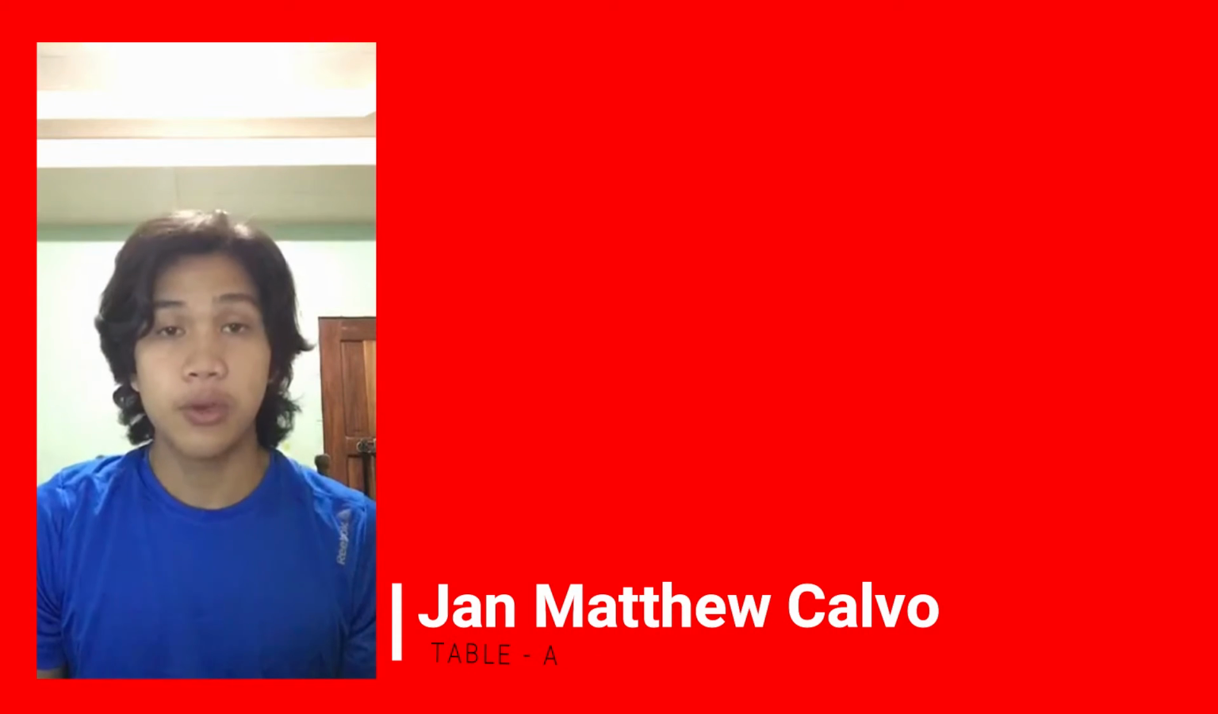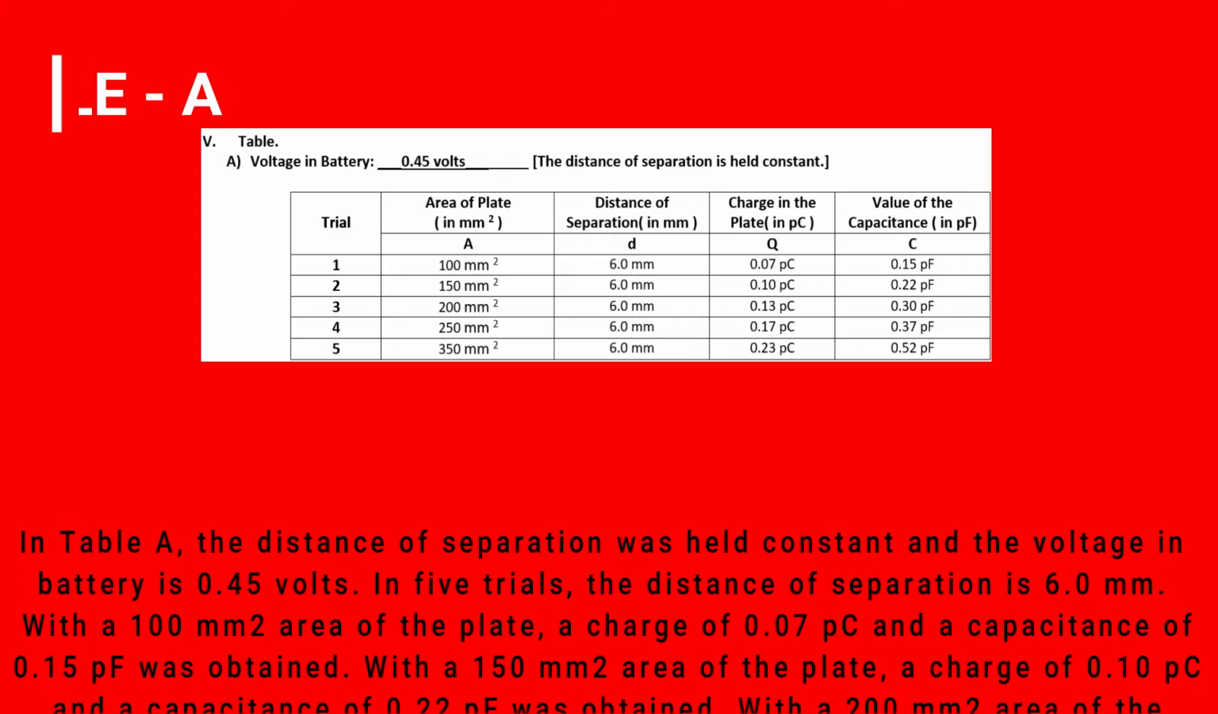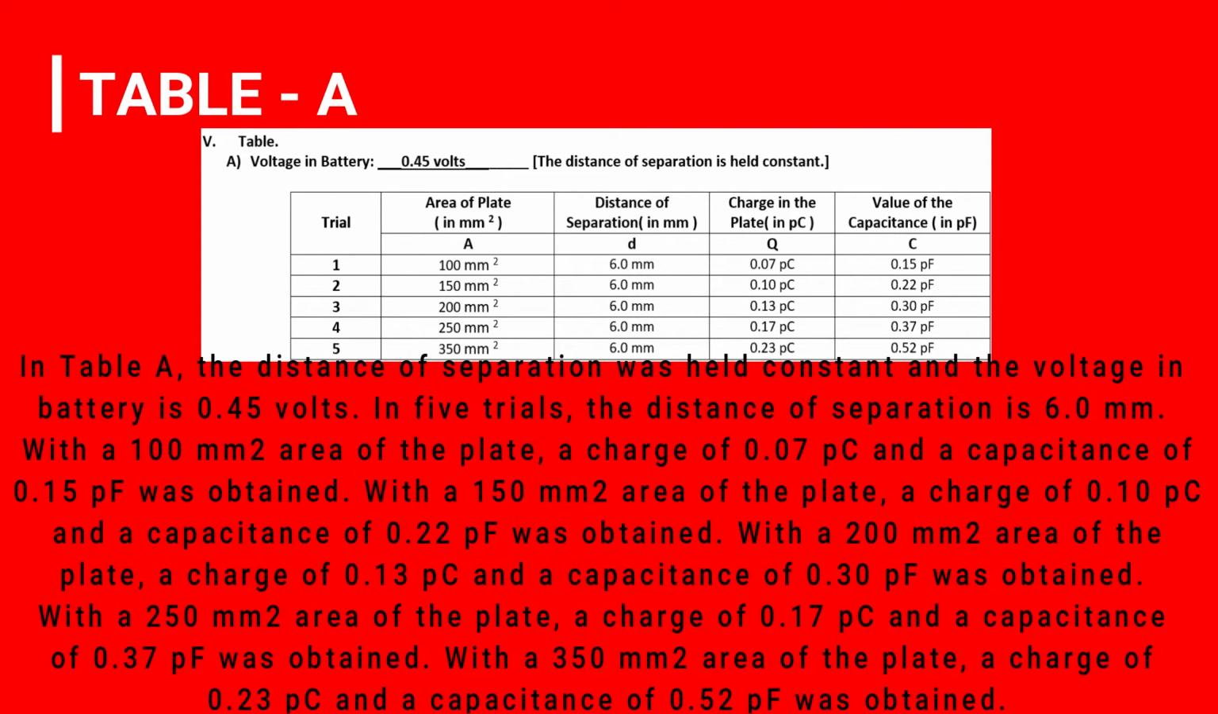I am John Matthew Calvo and was tasked to do Table A. In Table A, the distance of separation was held constant and the voltage of the battery is 0.45 volts. In 5 trials, the distance of separation is 6.0 mm. With a 100 mm squared area of the plate, a charge of 0.7 pC and a capacitance of 0.15 pF